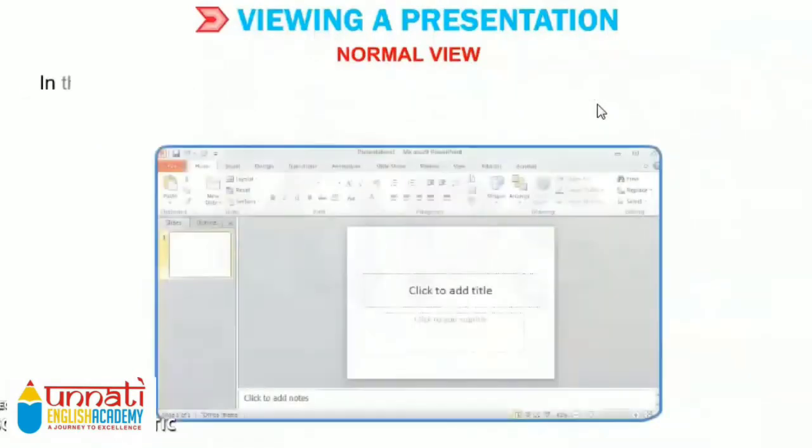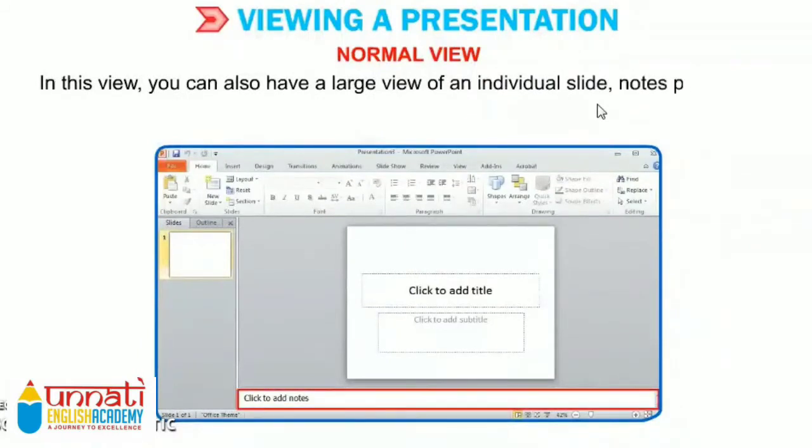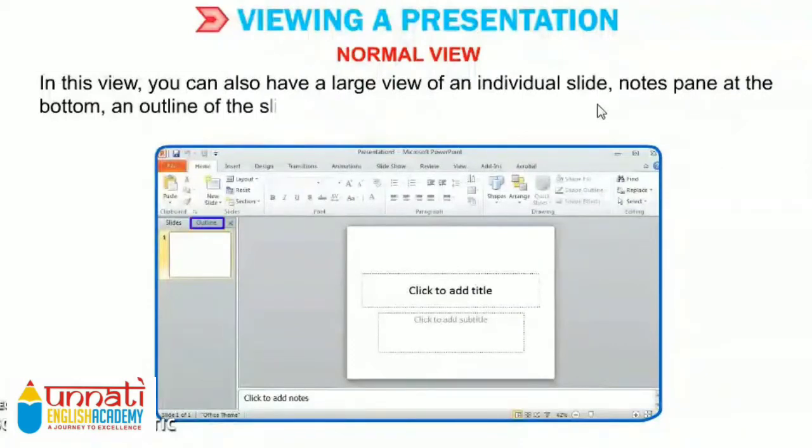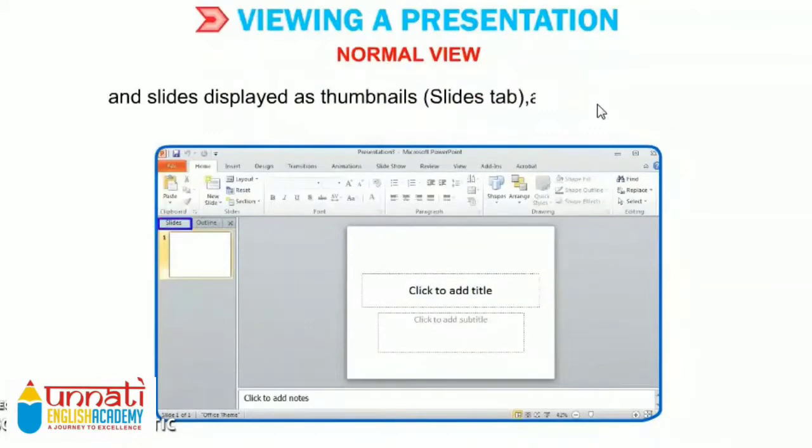So if you want to work with them, you have to use the normal view. In this view, you can also have a large view of an individual slide, the notes pane at the bottom as shown in figure, and an outline of the slide text, and slides displayed as thumbnails on the left hand side of the screen as shown in figure.